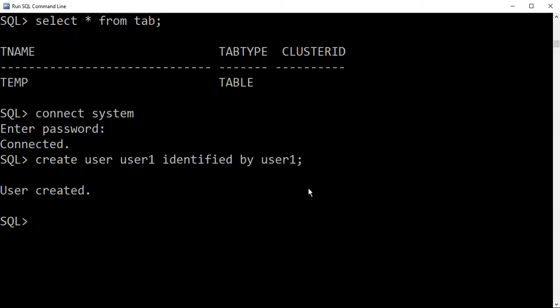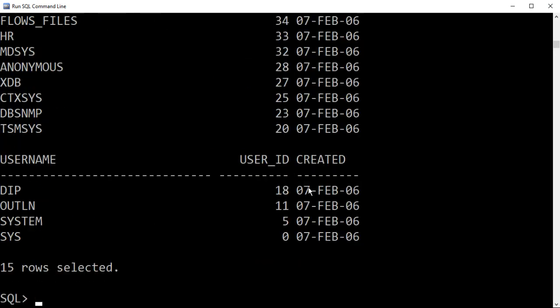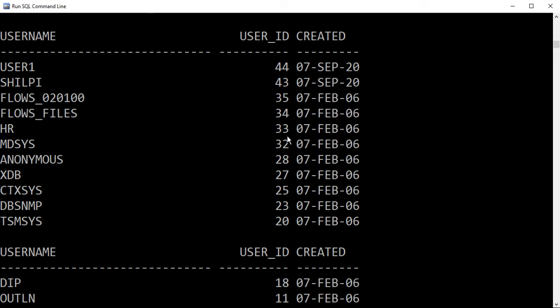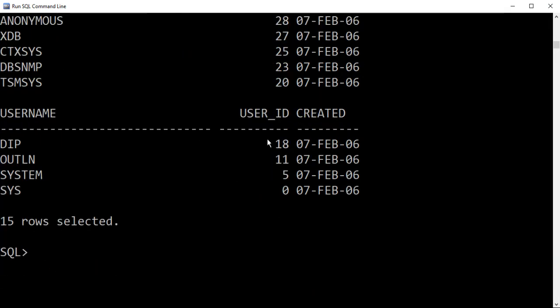If I want to list all the users of the database system, I have to use a command like select star from all_users. This command will list all the available users of the system. Here you can see the list of users.